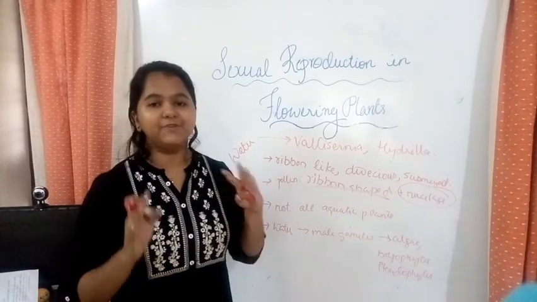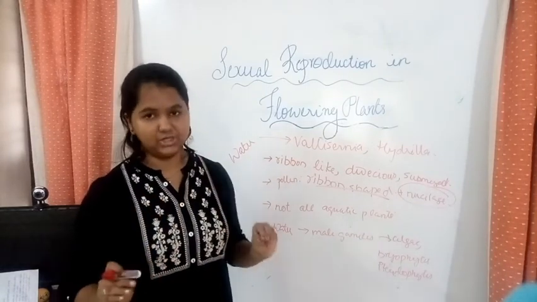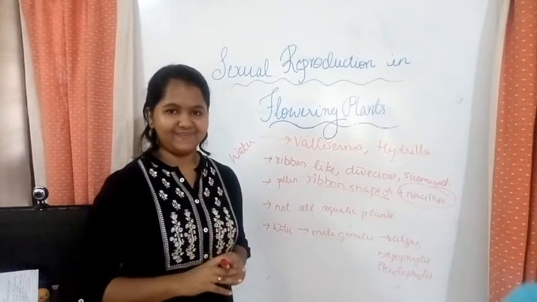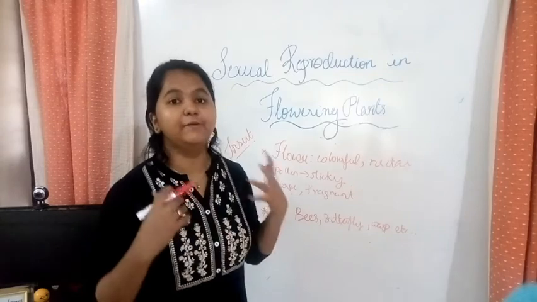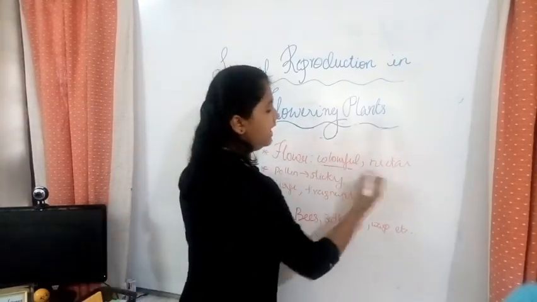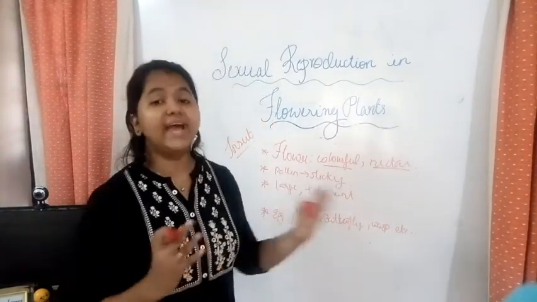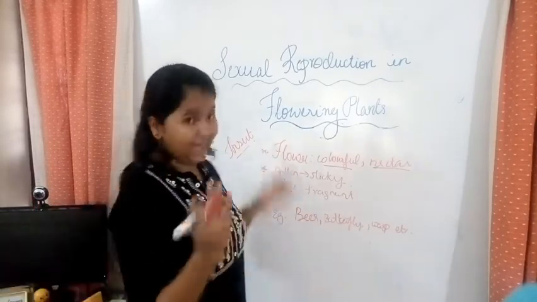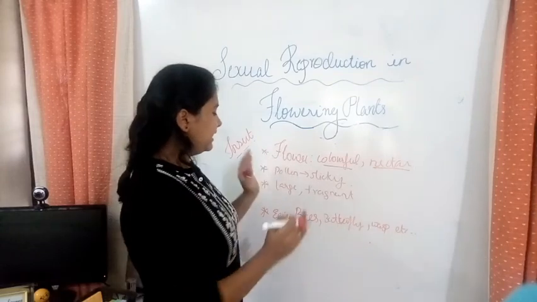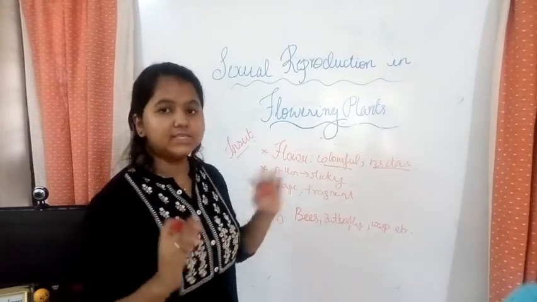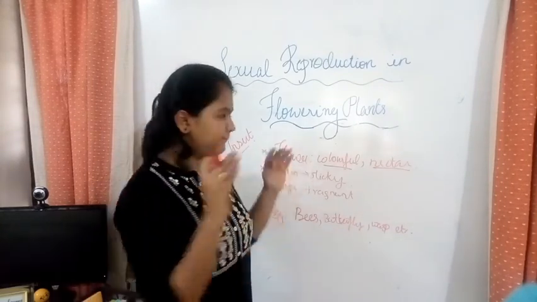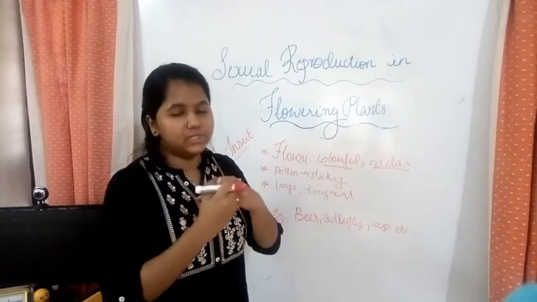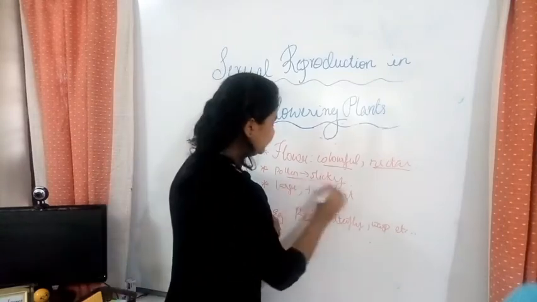So the last topic for today's session is the insect pollinators. Let's see that now. The first point we have to discuss is the flower. The flower is colorful and it has nectar. Also it can be in inflorescence or as separate single flowers. So it can be either of them. And the pollen grains are sticky because the pollinators would come and feed on the flower, and on the body of the pollinators these pollens should stick. So that's why the pollen is sticky.